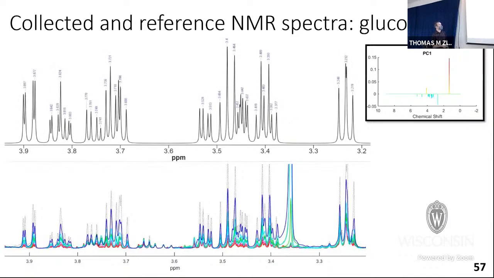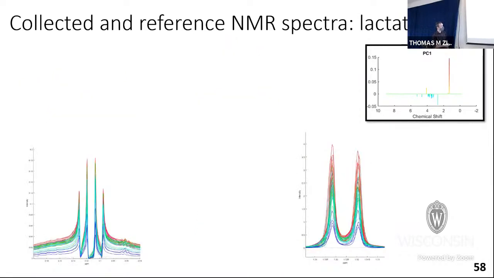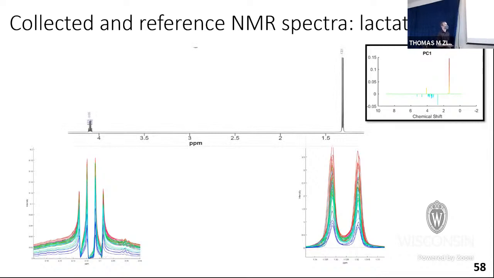So what we can do is go through and manually annotate these. Here's an example of glucose, which has a lot of different peaks. And here's our spectrum, where we see a lot of different peaks for glucose. Most of these overlap with glucose. There are a few other ones, for example this one here at 3.35, I believe, that is not part of glucose. It is a different metabolite that we're trying to identify as well. You'll see these are all of the peaks that are downward here in the blue. Similarly, we can identify lactate, which are these two peaks in red. Here's the database spectrum for lactate, and here's our spectra, which overlap with these two particular regions on the spectrum.